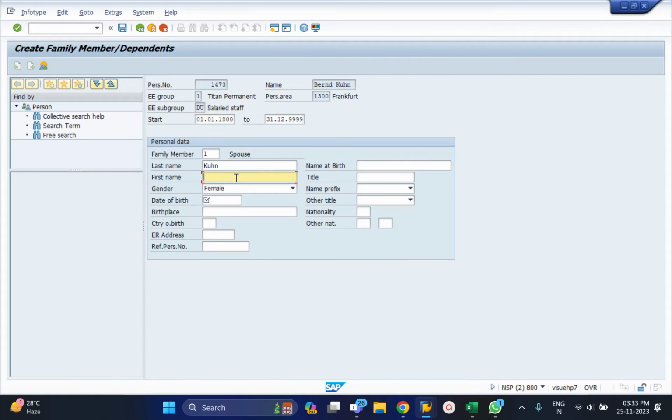Here we can give the spouse name and spouse date of birth and so on, and then click on save. It says invalid date of birth because we have to enter a date, but I gave some characters, that's why it's not taken. So let's give the date as